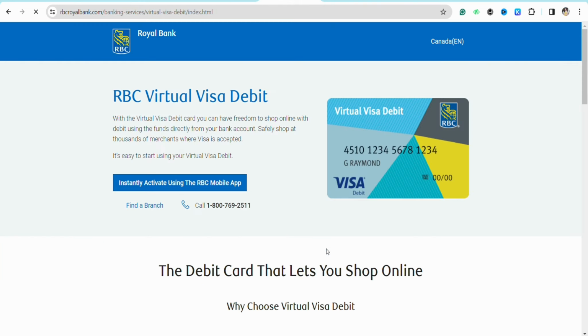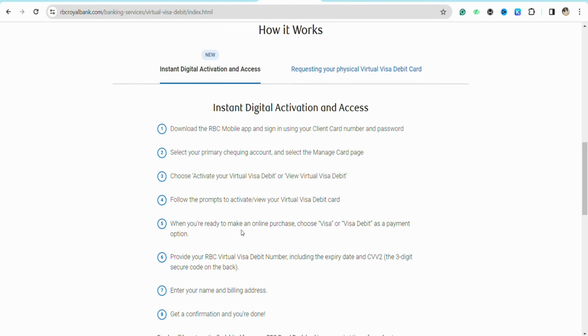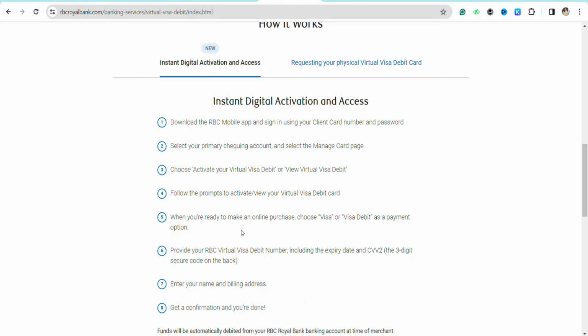Just simply tap on it, and after that just scroll down, and over here at the bottom of the screen you will be able to see the entire process of activating your Virtual Visa Debit card with the RBC's official website. So it says that you need to download the RBC's mobile app and sign in using your client card number and password, and then select your primary checking account and select the manage the card page, and just choose activate your virtual debit card or virtual Visa debit card,